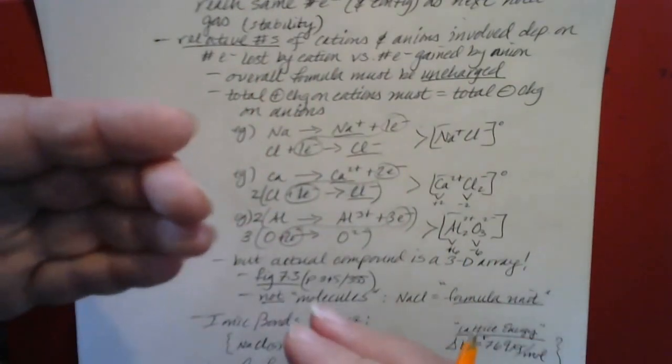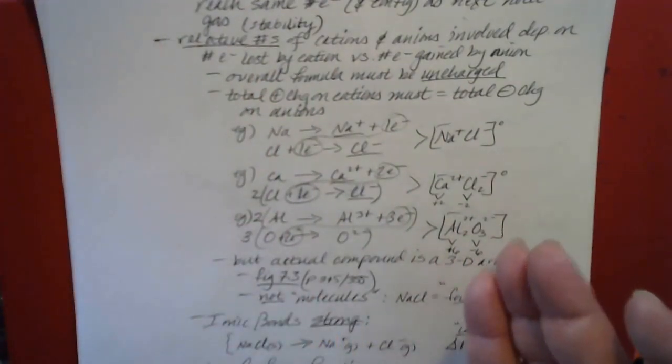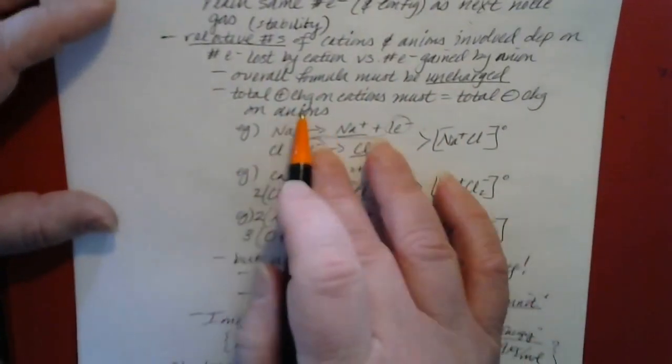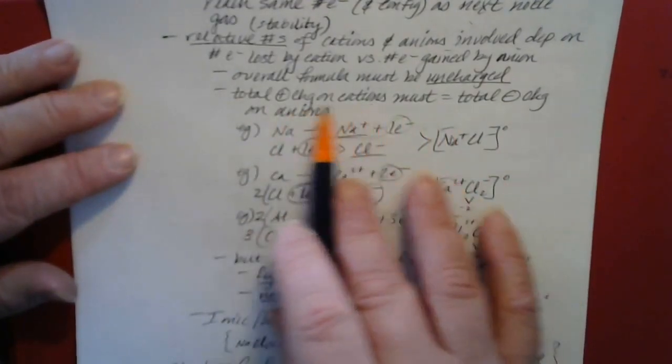So the relative numbers of cations and anions involved in the formula for an ionic compound depends on the ionic charges on the cation and anion, and that in turn depends on how many electrons were lost by the cation versus how many are gained by each atom of the anion. And because the total overall charge on the formula for the compound has to be 0, a compound has no electrical charge by definition. And so the total positive charge on the cations has to equal the total negative charge